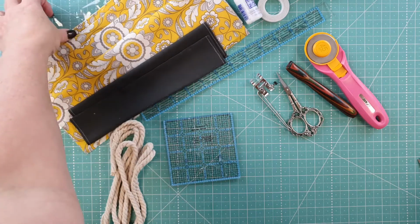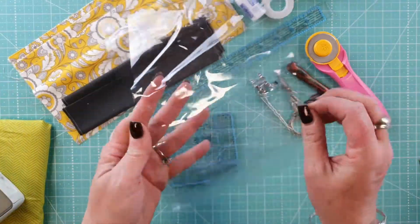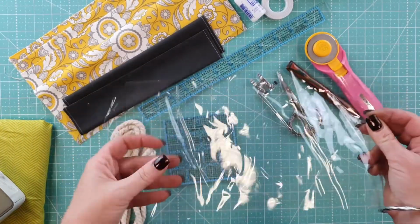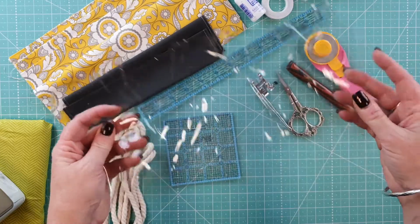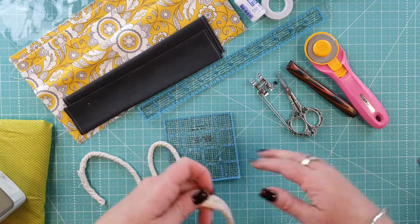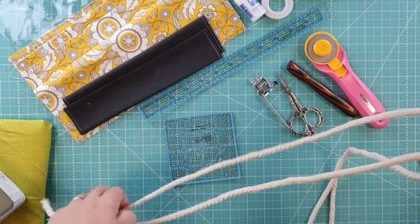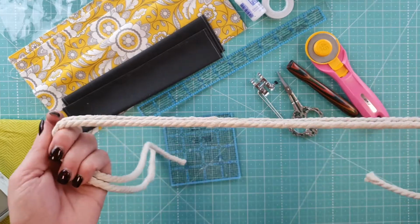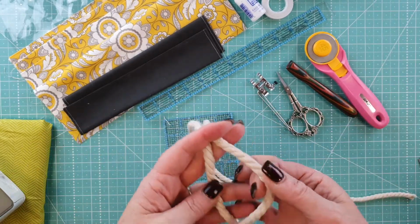And you're also going to need some sort of clear vinyl, and I will link down below where you can get some of this. It is 6 inches by 12 inches, and you need 2 of those. You're also going to need some cording as well. This one here is just my macrame cord that I've used, and it is 36 inches long, and you'll